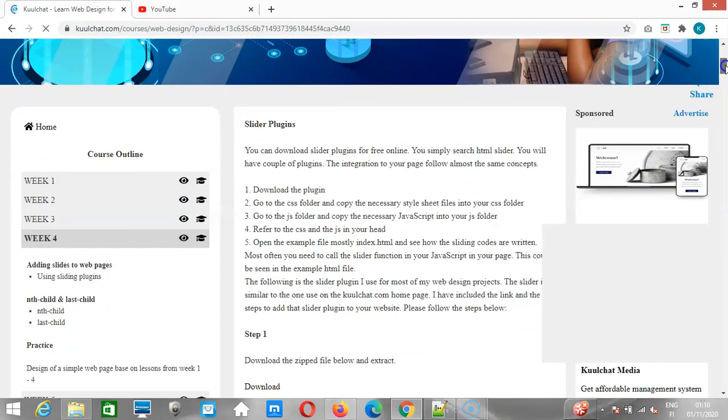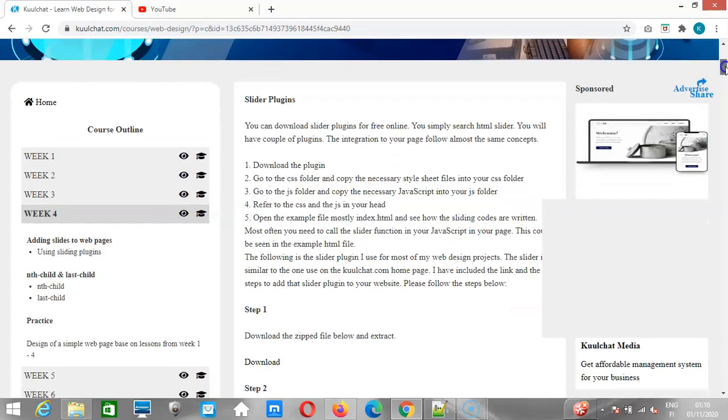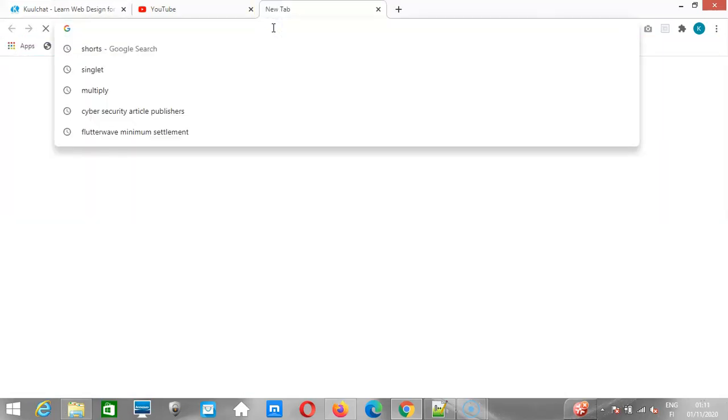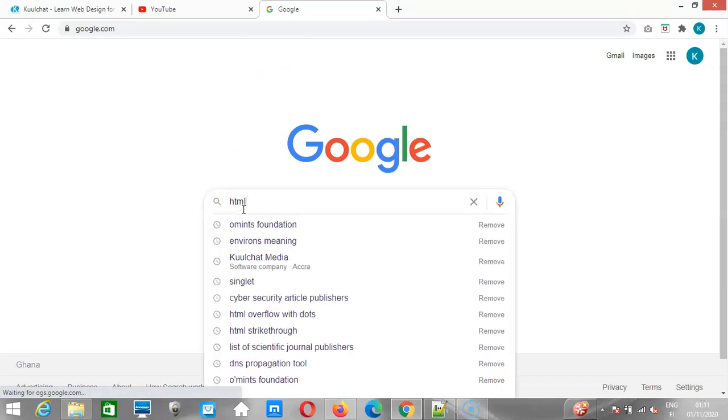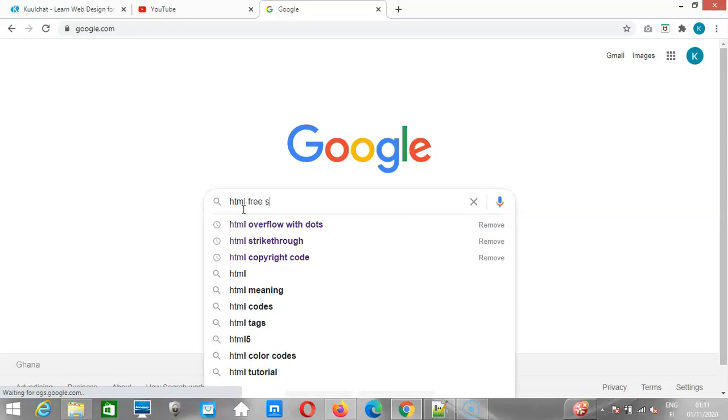So we are on slider plugins. If you want a sliding plugin, there are many of them on the internet. So you just Google. If you go to Google and you just search HTML free slides, then you'll see a list of them. So you can download the one you want. In this tutorial, I'm going to give you an example of the simple one that I've been using for my project. And that one is similar to what is being used on the Kuulchat.com sliding image on the home page. So if you search HTML free slider,